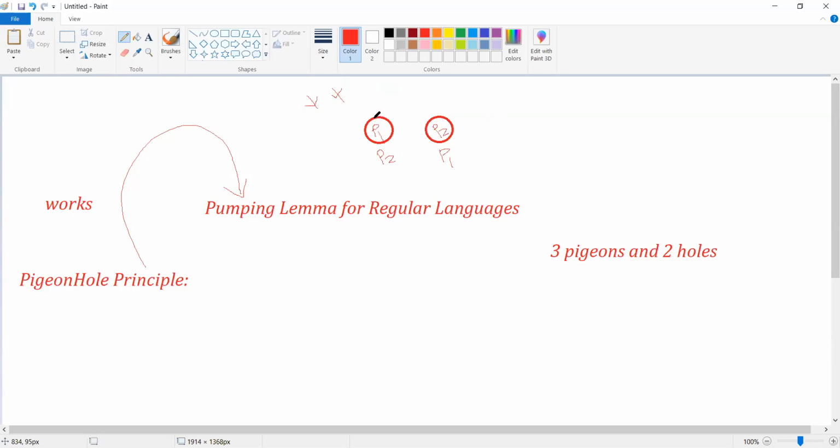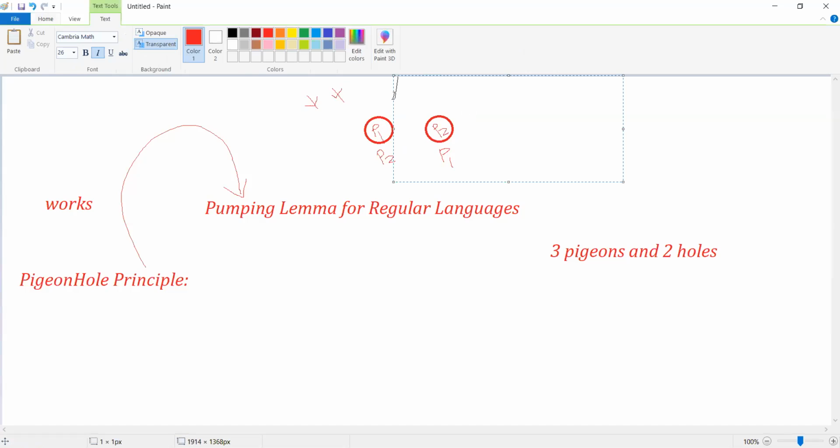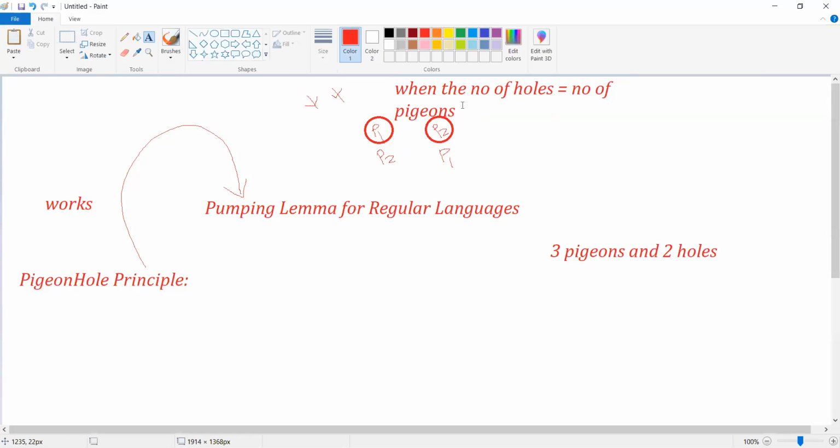We do not have any problem accommodating the pigeons within the holes when the number of holes is equal to the number of pigeons.